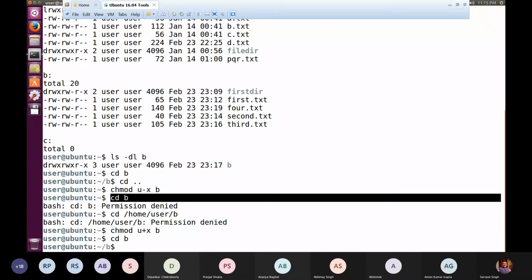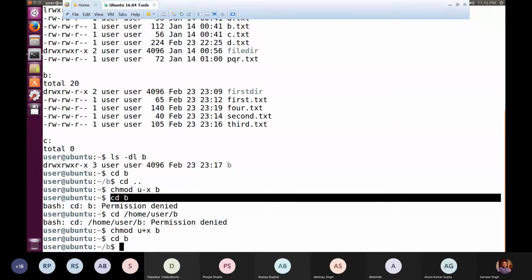What is the impact of execution permission over any directory? You need to understand only the differences between reading, writing and execution when we are comparing it in context to any file. But at the same time, you have to understand the impact of RWX over any other file except the directory file. In context to the directory file, it has a different meaning, and that is applicable only to X, because the others are self-explanatory. When we say that we do not have read permission over any directory file, that indicates that we are not in a position to list the content of that directory